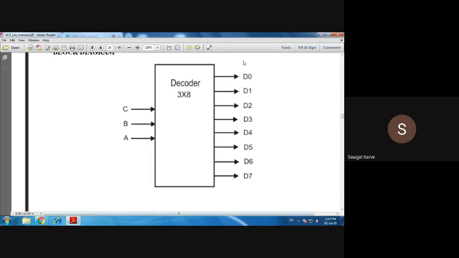You have 8 combinations. Now tell me one thing. If A is 1, B is 0, and C is 0, that means combination is 1 0 0. Which output bit will get selected? Now you just tell me. 1 0 0. Think on it and tell me in 2 minutes, okay?